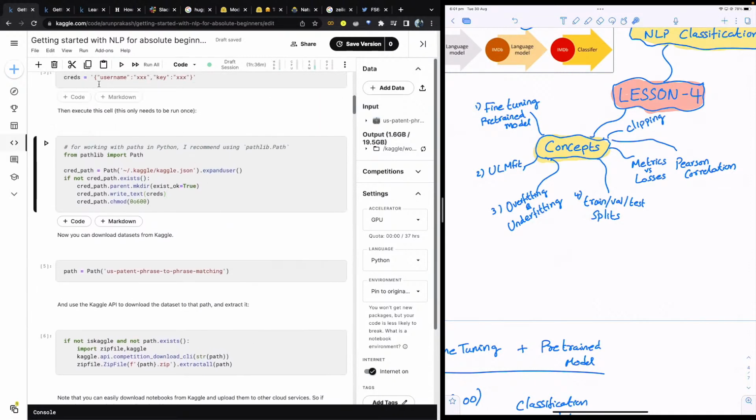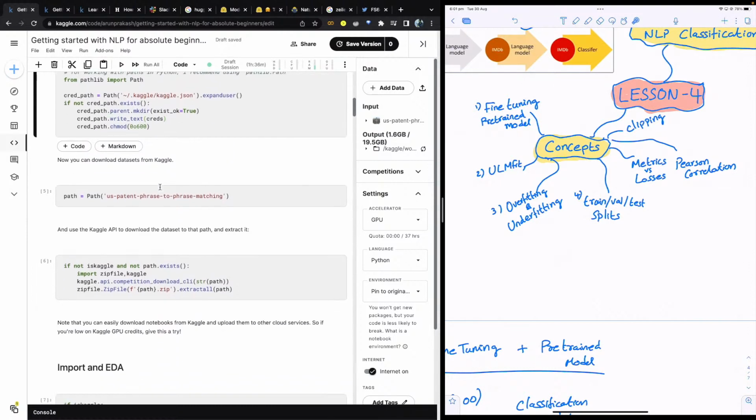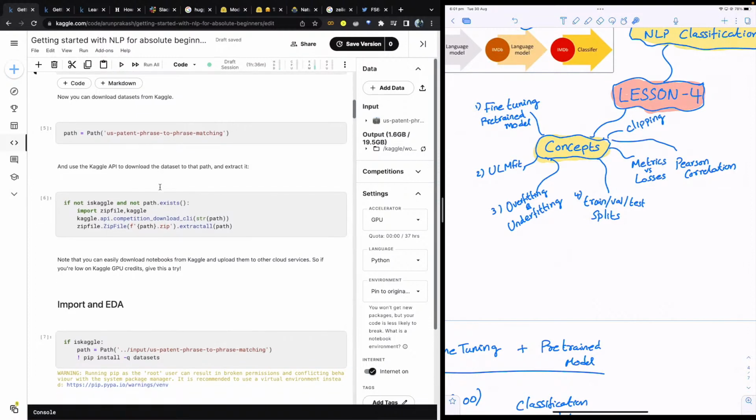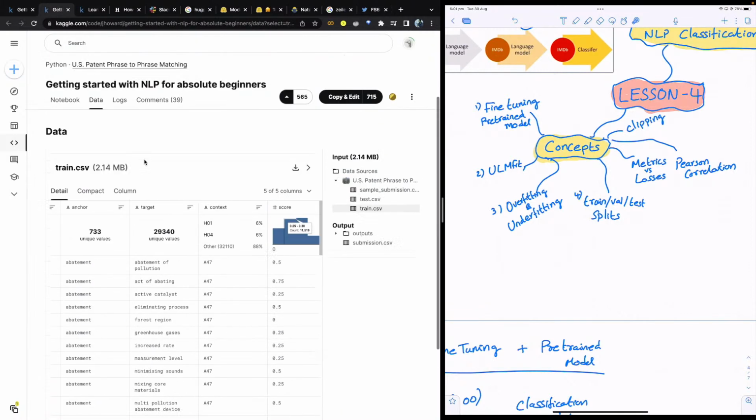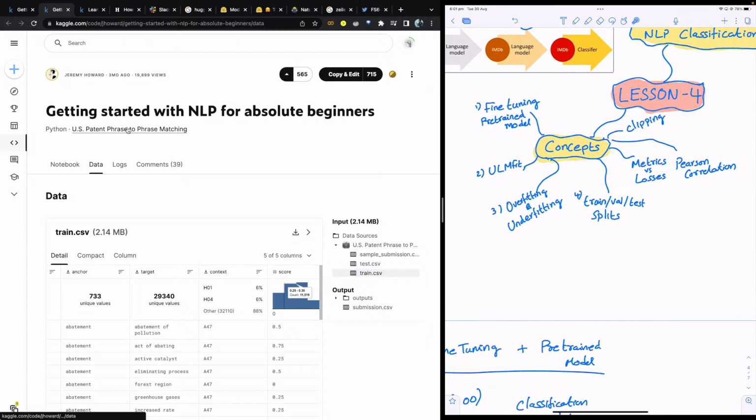Here we are just making a copy on our local drive, so that's what is going on here. Then what we are trying to do is set this as path. Path is US patent phrase to phrase matching. If you go to the competition,